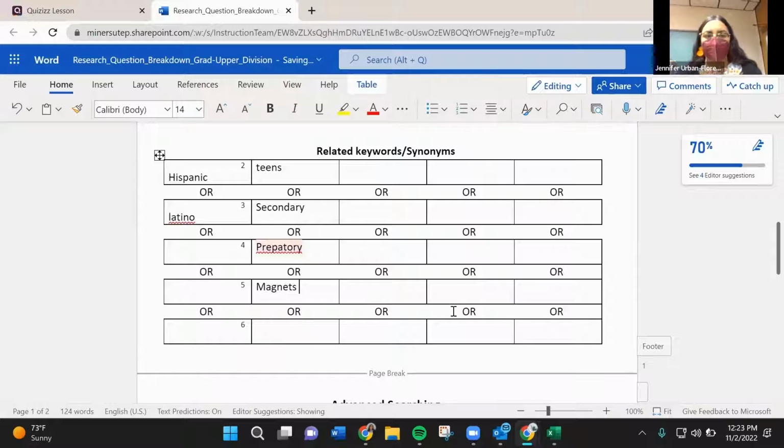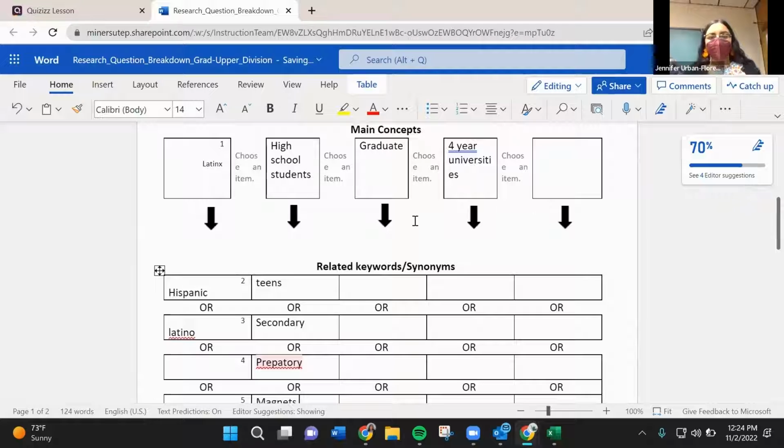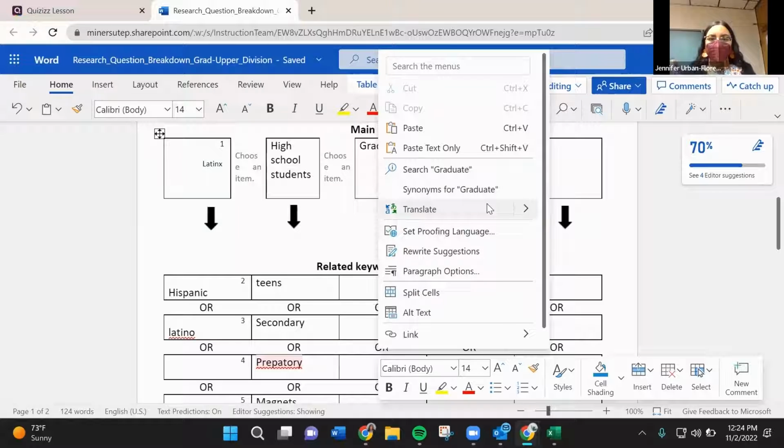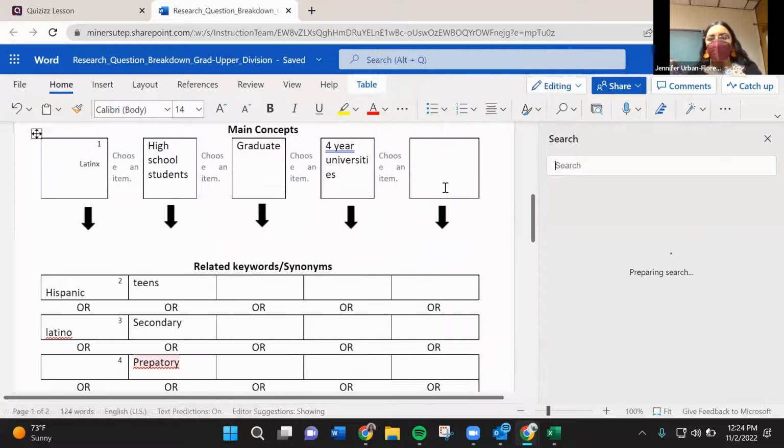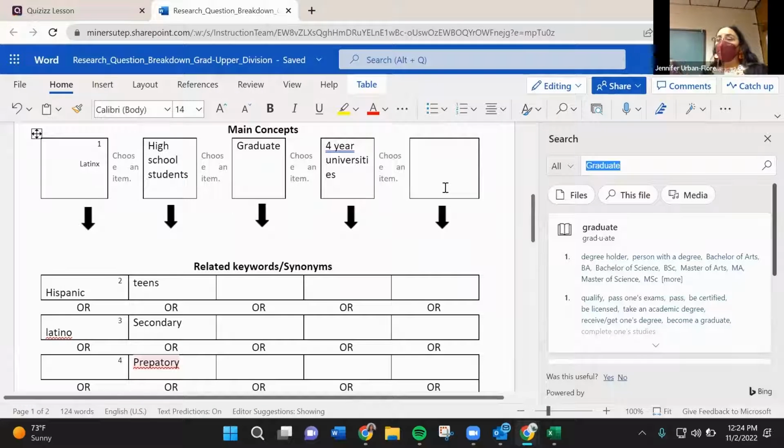Magnet schools. Okay. And then for graduate, if you can't find a word, or maybe you're kind of stumped and you can't necessarily think of something, I showed this to a graduate class that I did recently, and they were a rhetoric and writing class, and it surprised me that no one knew that if they right-clicked on it, it gives you this option for a synonym. And I can do synonyms for graduate, and it's going to pop up and it's going to give me additional terminology here.